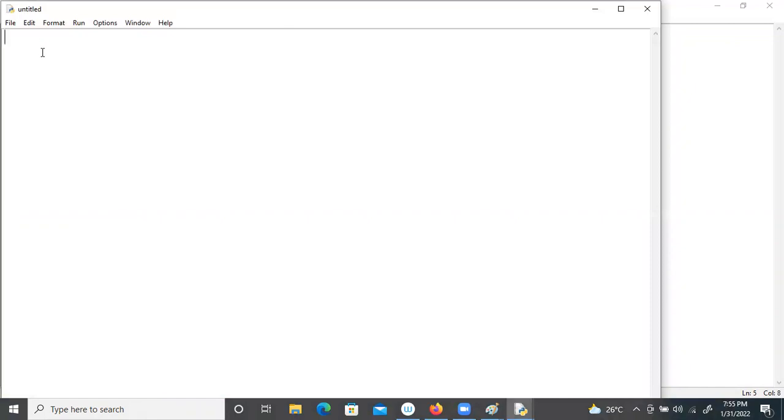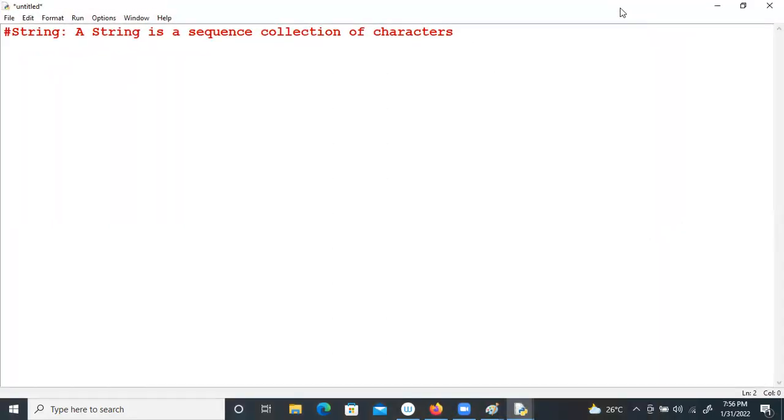Now observe this string. Next is what? String type. A string is a sequence collection of characters, right? Yes. In Python, a string is represented